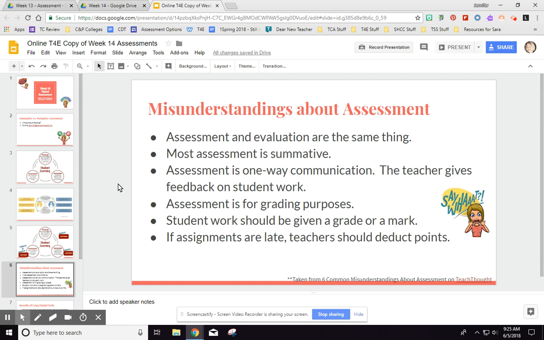So there are several misunderstandings about assessment, and I took these directly from an article that you could have chosen to read, 6 Common Misunderstandings About Assessment, because I thought they were really valuable for us to understand. So the first one, assessment and evaluation are the same thing. They are not. Evaluation is when you are putting a grade on something. Assessment, you can think about it more as an ongoing activity. I'm assessing the situation, I'm figuring out what I need to do differently,